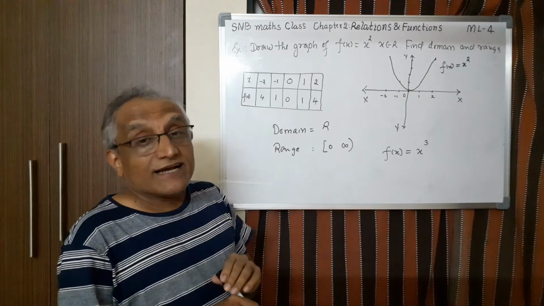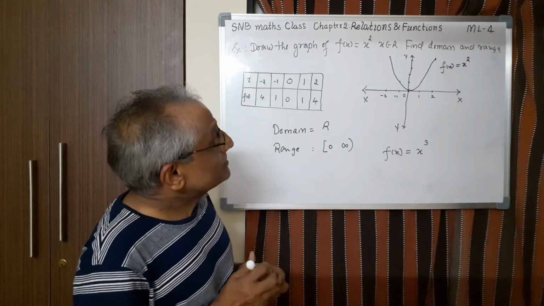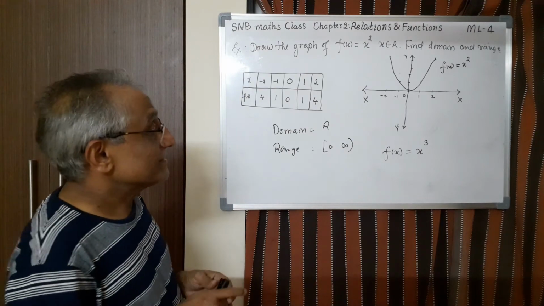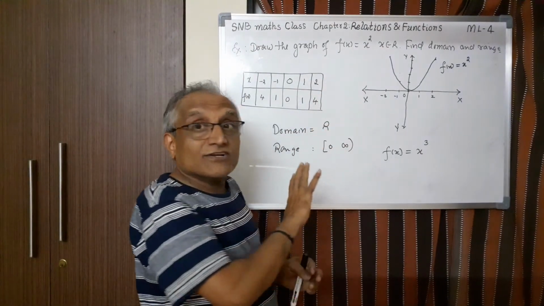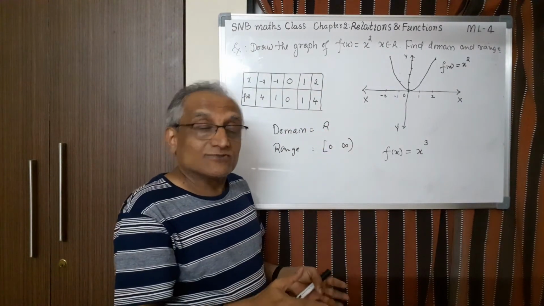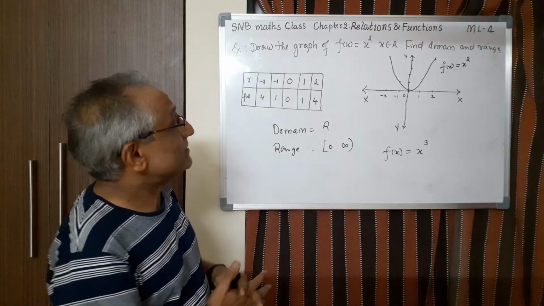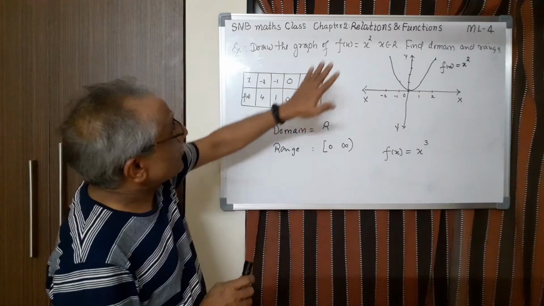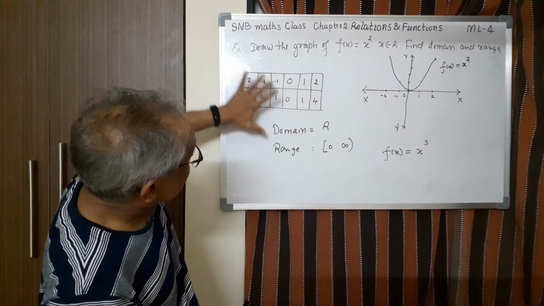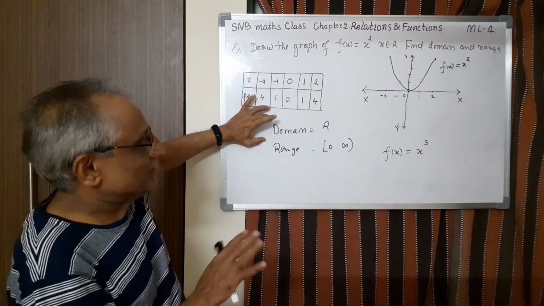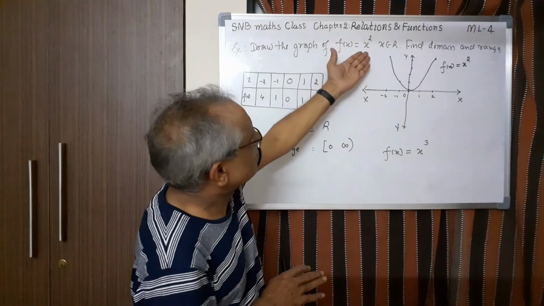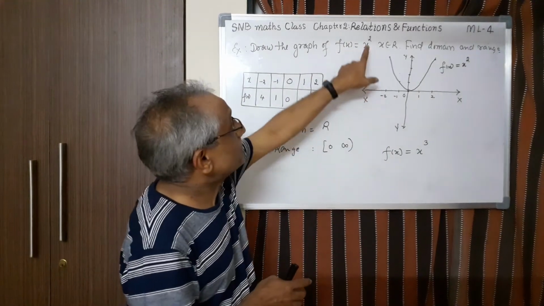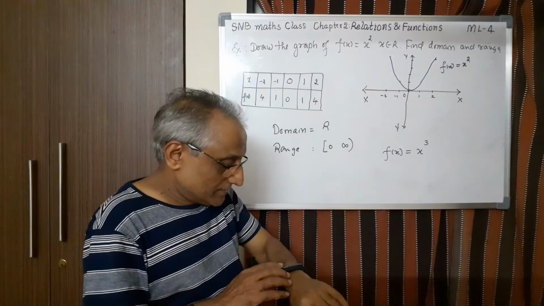Therefore, as I told you already, unless you give me the function, I cannot say what the domain and range are. First you have to see, and it is not easy for all polynomial functions. So there are different methods of deciding the domain and range. But remember, for a polynomial function, domain is always R. There is no change, because you can substitute any value here. So it is well defined. But range depends on the power of x. So this much you can remember.